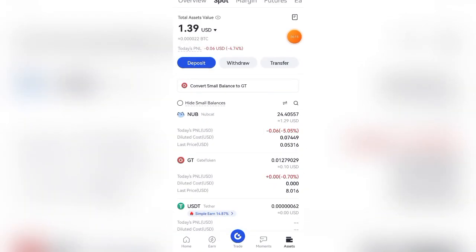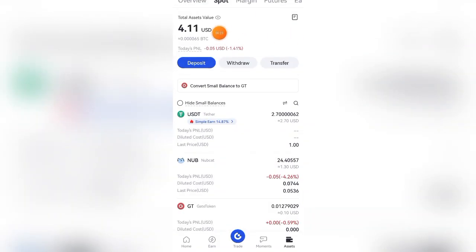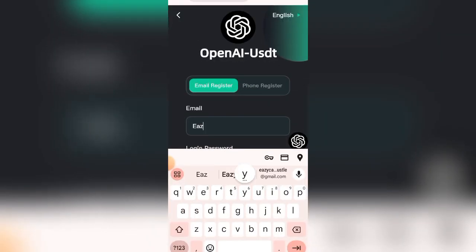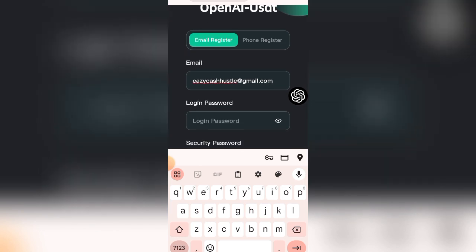to my wallet. So I'm going to my gate.io. So you see what I have here is 1.39 USDT. So I'll refresh. So you see I've received this money, $4 now in my wallet. So I'm going to withdraw this for 365 days. This is awesome. So if you want to register now, just click on the link in the description of this